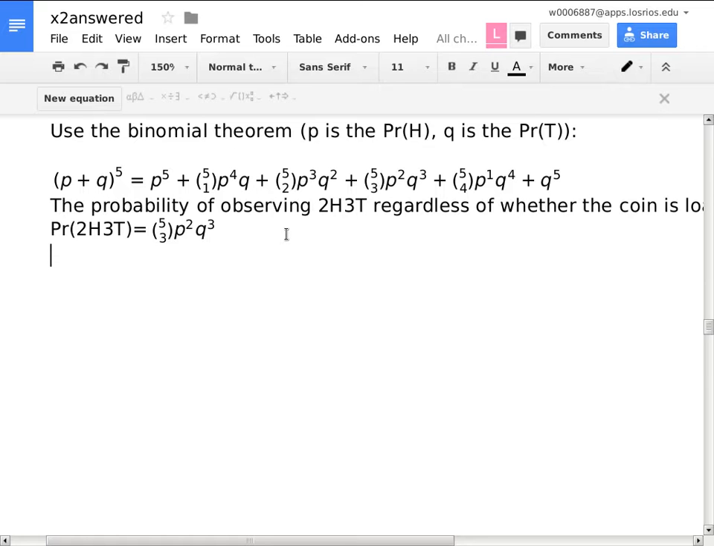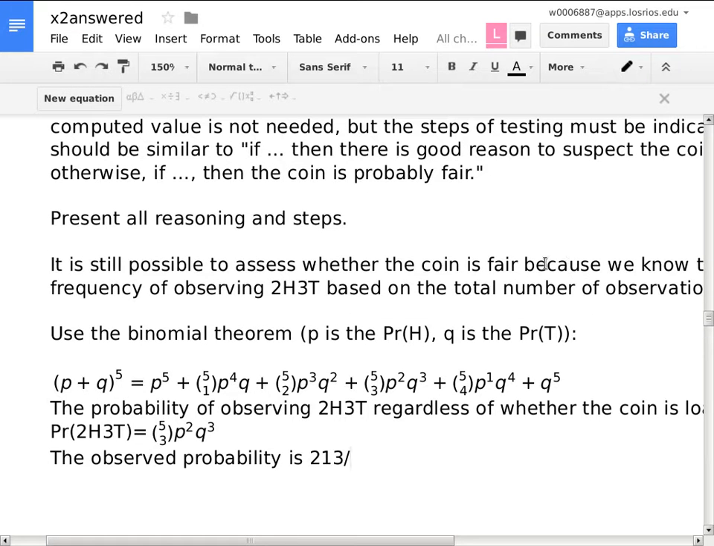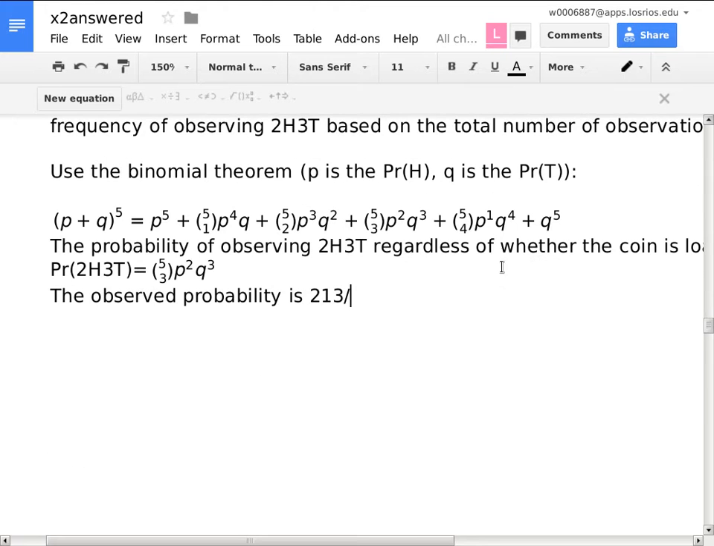But do we know the observed probability? We do. The observed probability is the frequency, the ratio of the frequency. I think it's 213 on the top, and 680 as the bottom. Okay, which basically means we now know that